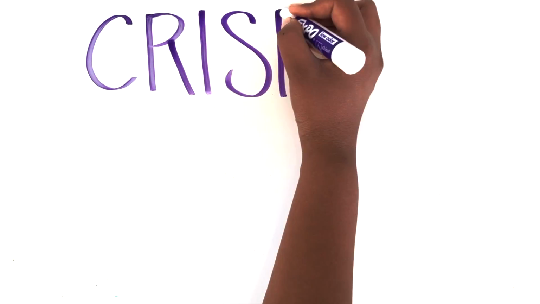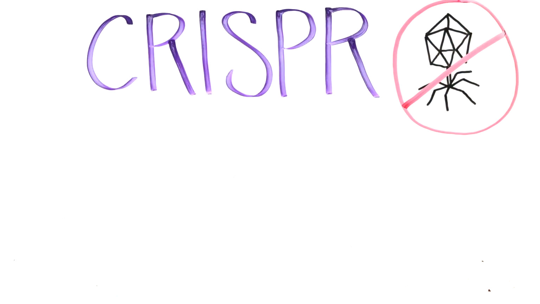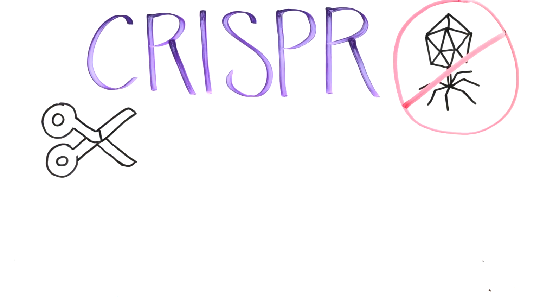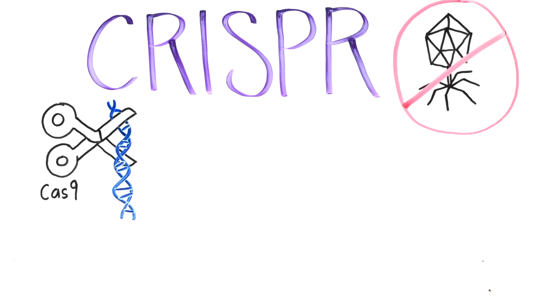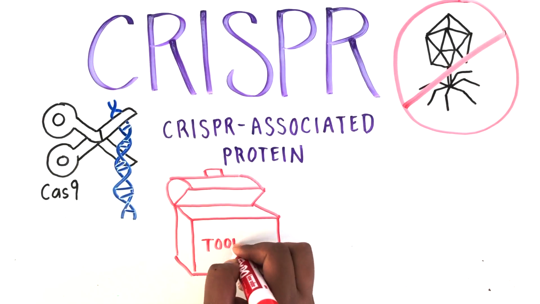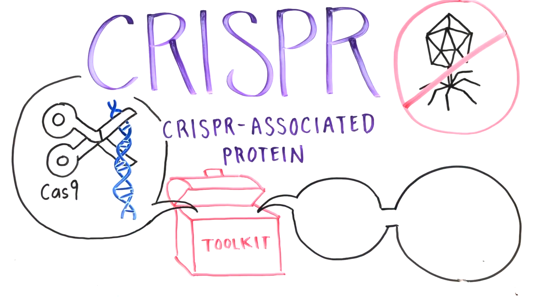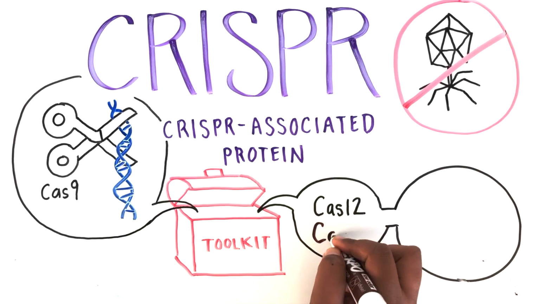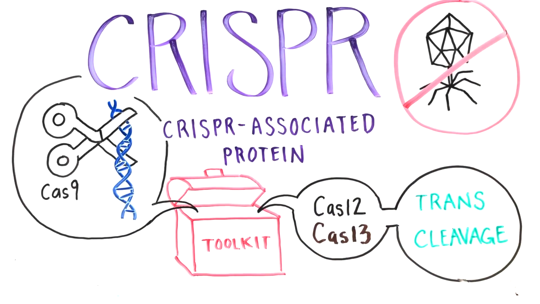CRISPR is an adaptive immune system that bacteria use to defend themselves against viral infection. Because of its popularity as a genome editing tool, Cas9 has become the most well-known Cas protein, which stands for CRISPR-associated protein. But Cas9 isn't the only Cas protein in the toolkit. Two other proteins called Cas12 and Cas13 share a unique property known as transcleavage, making them a desirable tool for